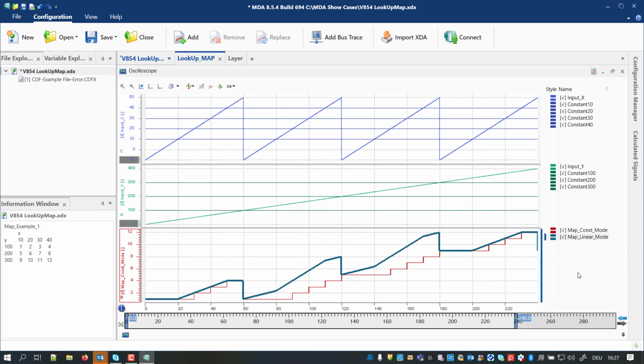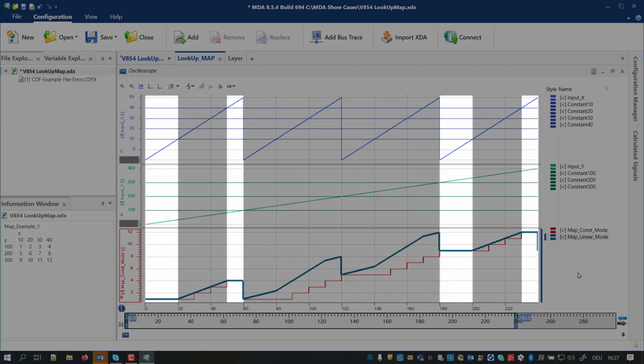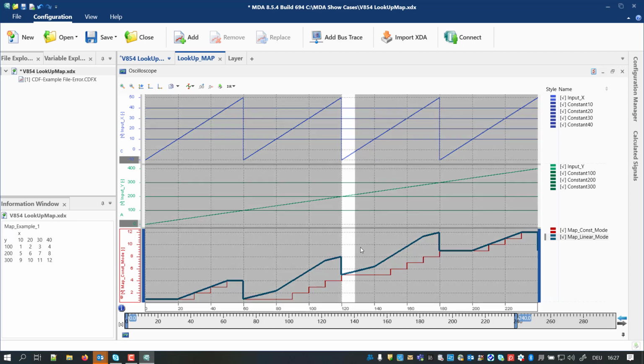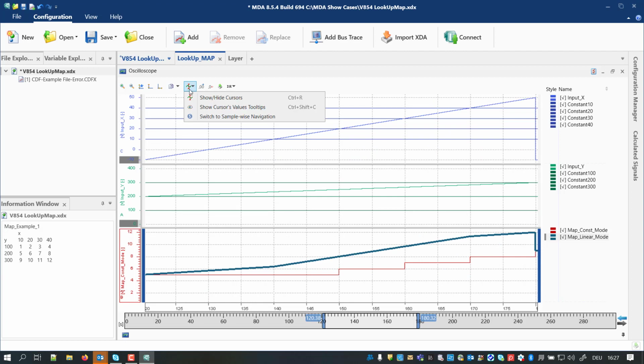3 aspects can be observed. Obvious is the change from the staircase shape to lines with different slopes. Further, the graph shows what happens in case both input signals are outside the range of the axis breakpoints. Then the values at the borders of the map are extrapolated constantly. And eventually, for inputs within the axis ranges, the linear interpolation can be reconstructed.